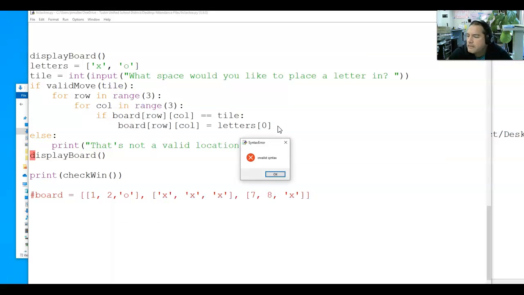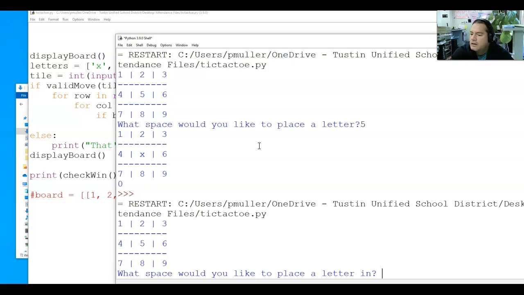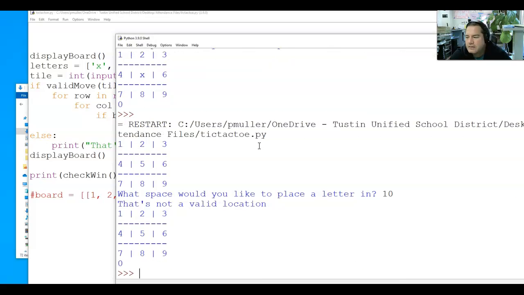So we'll run this thing. Let's try something. Well, I guess they're all valid moves, but what about this? Probably causes an error. Okay, so that's not a valid location. 10's not a valid location. And okay, great, but I probably want to keep asking for